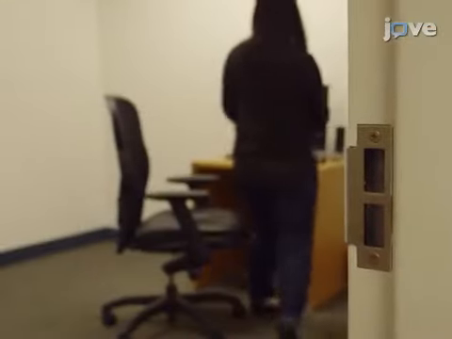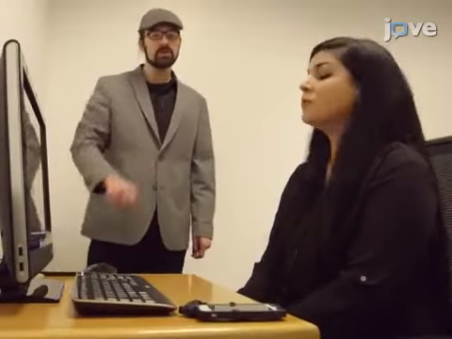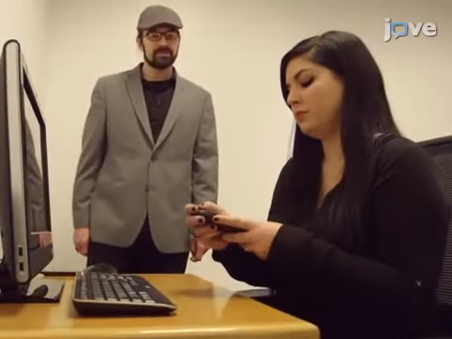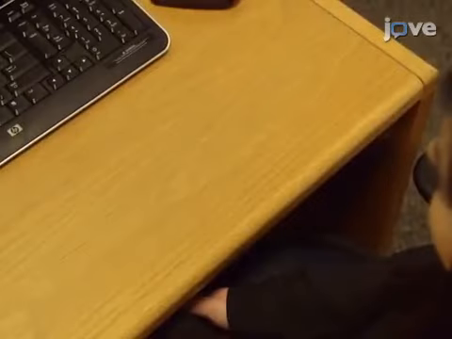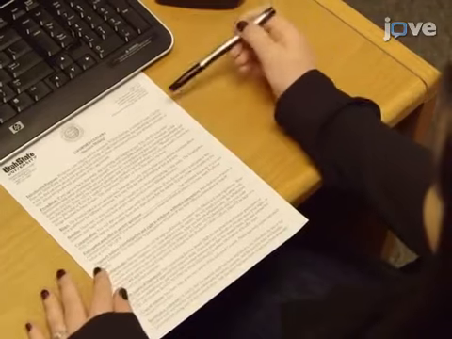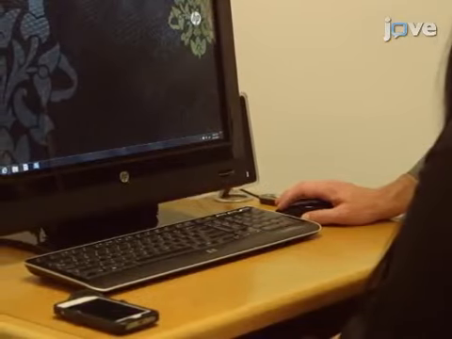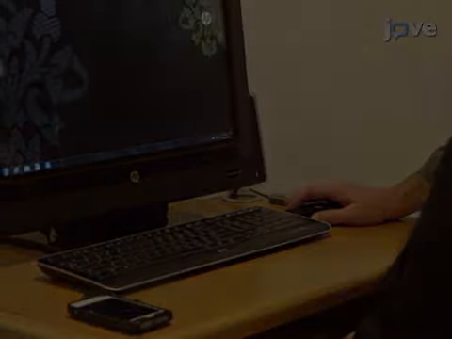Next, have the participant sit in an isolated room in front of a computer. Ask them to turn off their cell phone or any other electronic devices. Provide the participant with an informed consent form to review and sign if they agree to participate in the task. Then, start the program by clicking the icon associated with the task on the